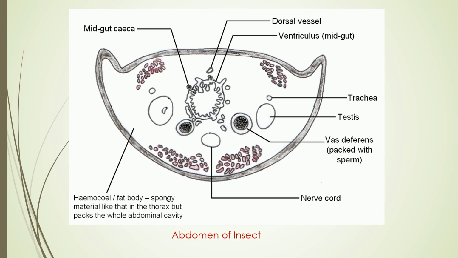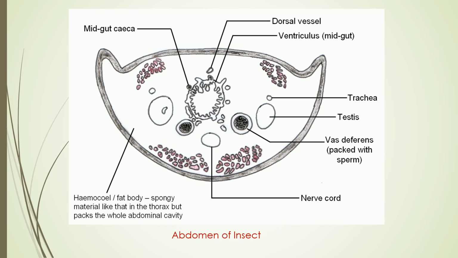This hemocoel is spongy material, as found in the thorax, but it is packed throughout the whole abdominal cavity. It contains various types of organs: a trachea, testes, and vas deferens, which are the reproductive part. Then on the ventral side the nerve cord is there, and on the dorsal side the dorsal vessel is present. Then the central midgut. The dorsal side of this part is called the pericardial space, because the dorsal vessel is a part of the circulatory system that occurs on the dorsal side, and on the ventral side the nerve cord is found,